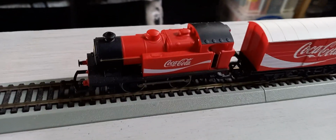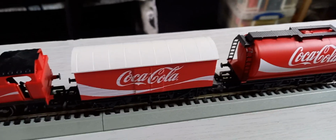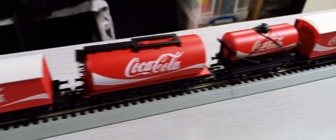So this is going to be the Coca-Cola Christmas train delivering Coca-Cola to everybody